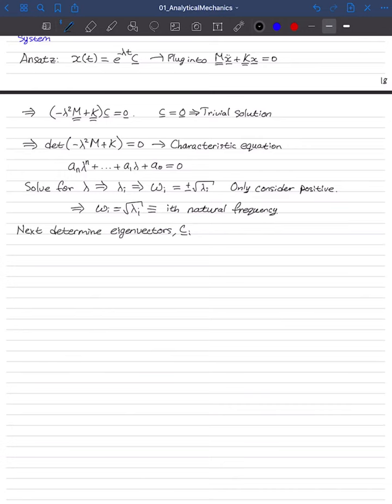To do this, we are going to substitute in for lambda I into the eigenvalue equation and solve for each eigenvector. So specifically for each